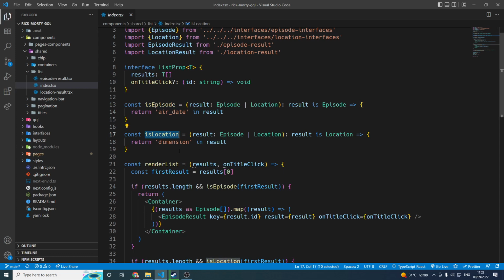And the second one is going to check if the result is location. And how do we check it? We can say that the result can be either episode or location, and it returns us a boolean. So the return here, we check if air date, which is a field inside